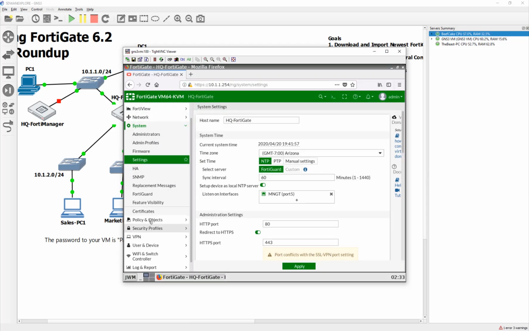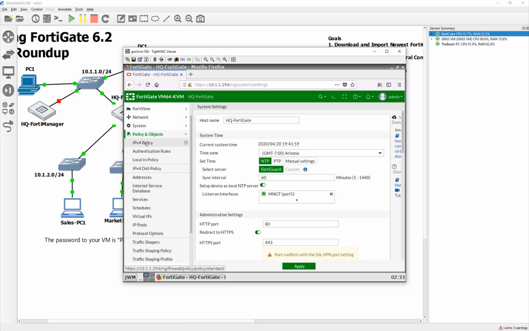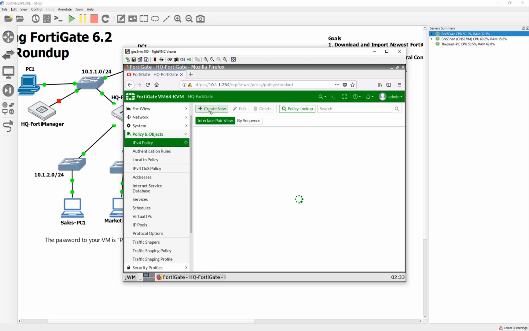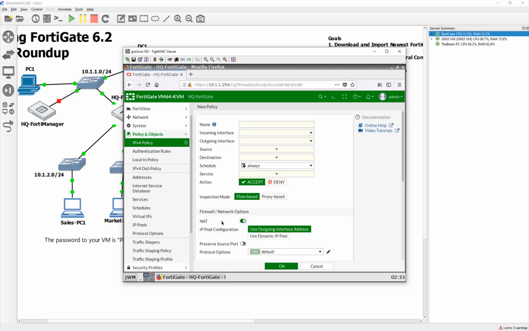For starters, I'm going to go to Firewall, IPv4 Policies, and create a firewall policy called Management to Production Access. So this is saying if it's coming from management,